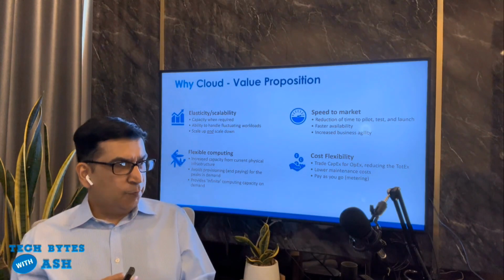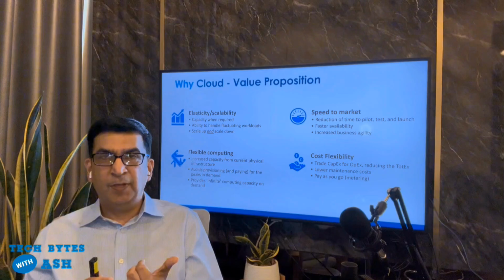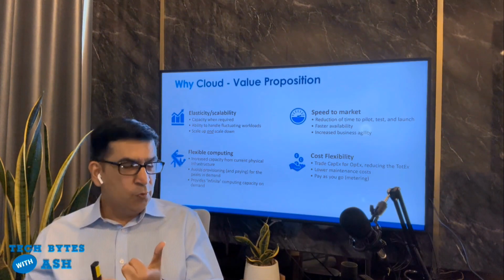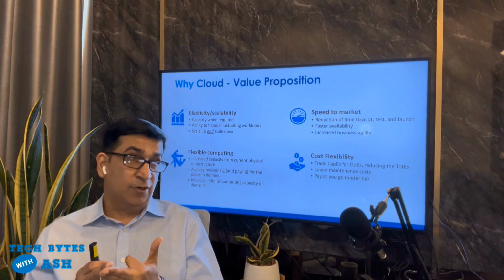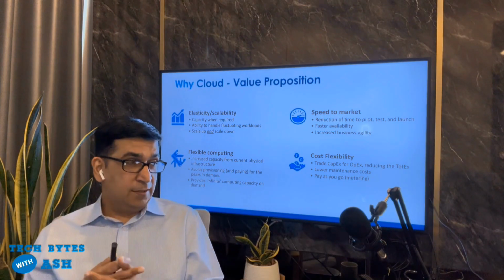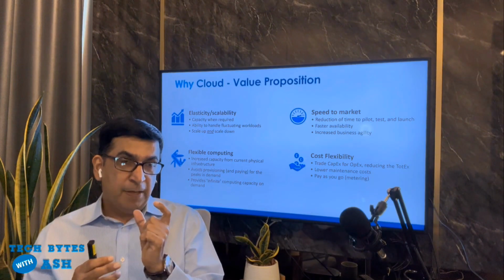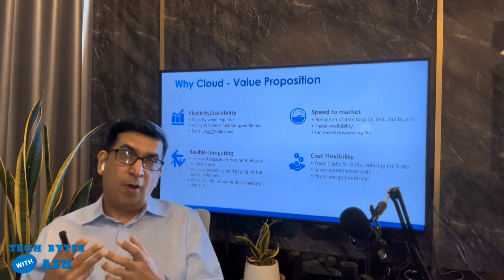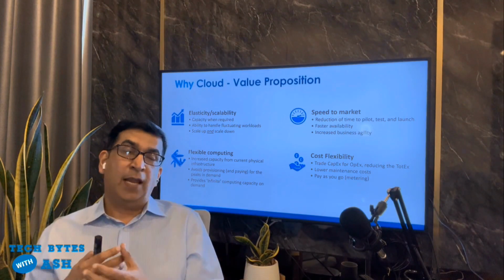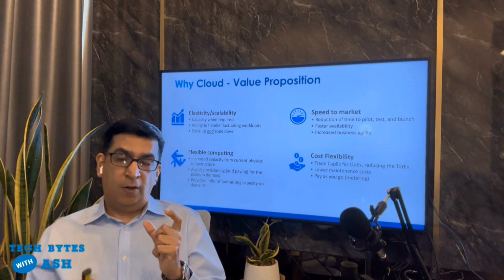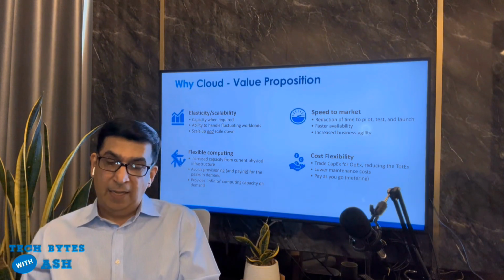So I won't cover the value proposition, but as you saw, elasticity of demand, you use it only when you need it. Flexible computing, which means you're using it only when needed. Speed to market, it does make things a little faster. Cost flexibility, I didn't call it cost reduction or cost containment, it's cost flexibility. In my experience, I work with a lot of CIOs, but a lot of CFOs are my clients too these days, especially when it comes to cloud, because they're all focused on saying, if I'm spending all this money, I don't want my bills, my OpEx, to be suddenly out of order.